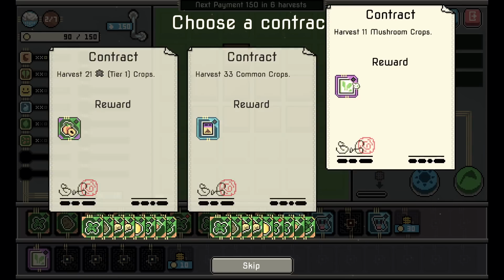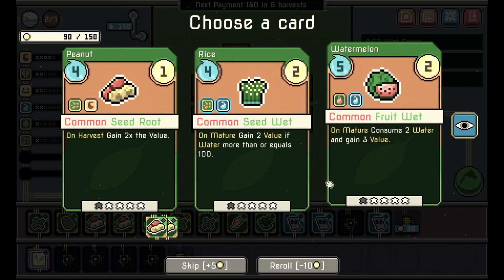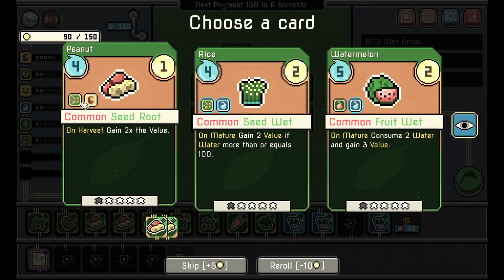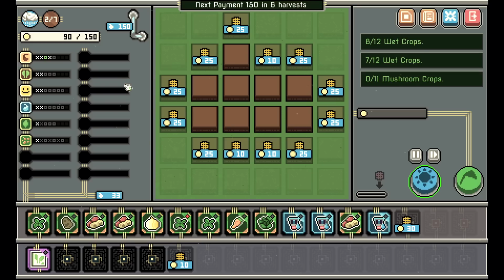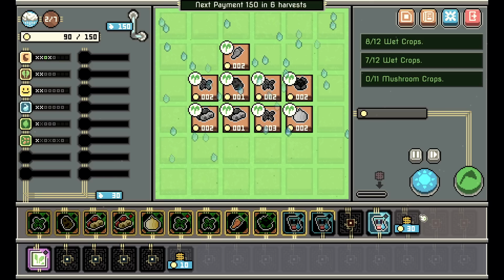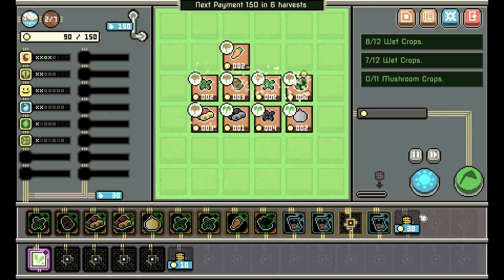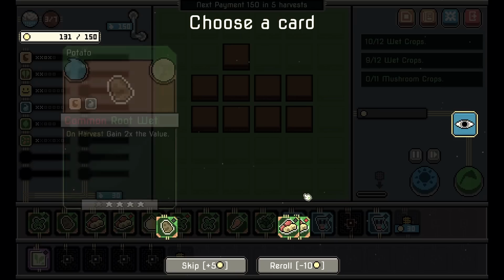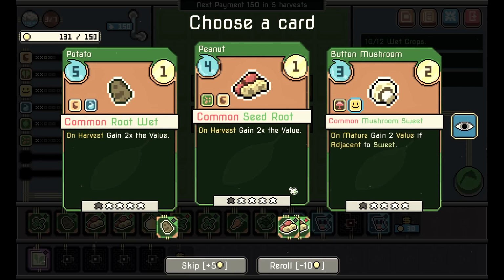Harvesting 11 mushrooms is going to be a little bit tough, but we can get there, right? We can get there. So I love the idea of literally just taking a peanut and then doing some peanut combination here. I think there's a lot of value that we gain from that. Okay, send it. Things are doing fine. I think that we are in a very, very good position right now. 41 is not our best roll in the world, but things are still just...